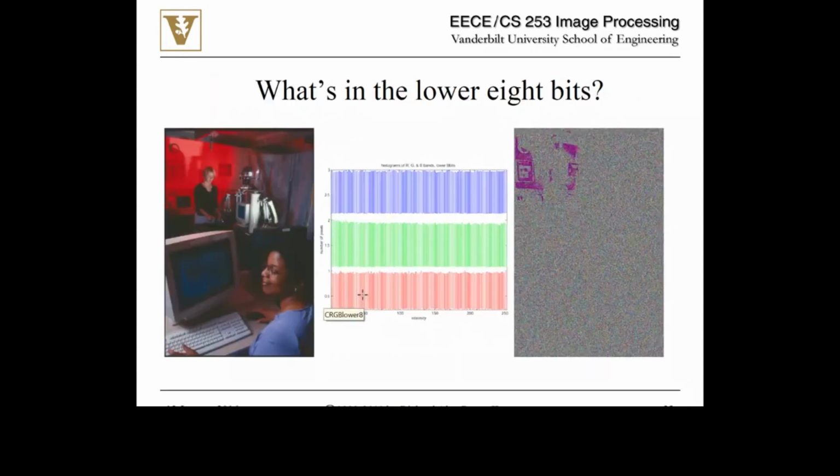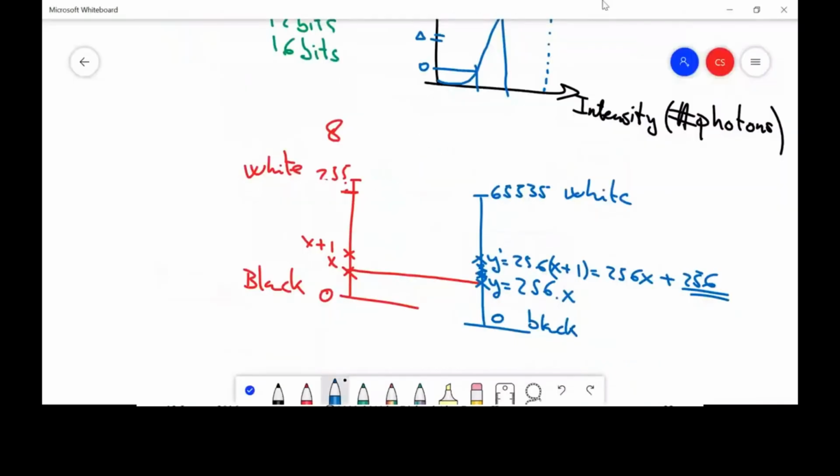Okay, then, okay, so now we have encountered the concept of bits in the images. So yeah, what is in the lower 8 bits? So let's say that I have this image in 16 bits, and then I take